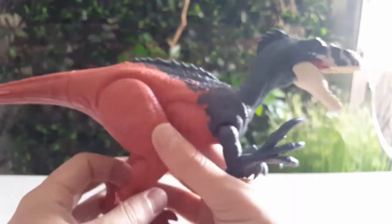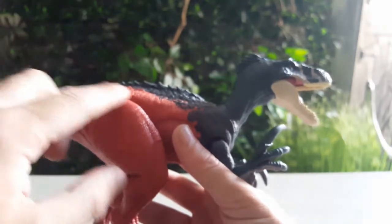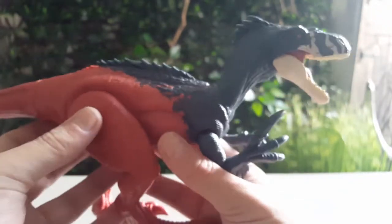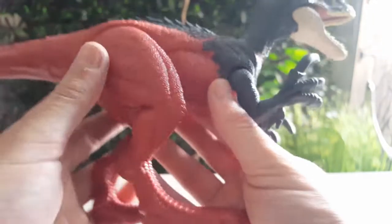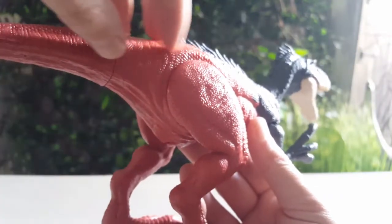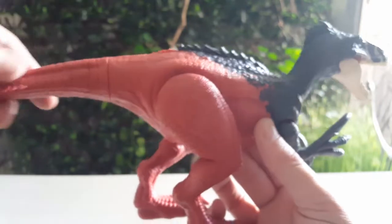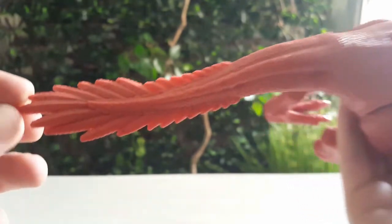dark, and then the back is all in this really nice red colour, and it's got some nice freckling and crease detailing in the actual skin itself. It's really hard to pick up the details on the camera, but as you can see, it's got loads of nice scale detailing and crease detailing. But I really wish that they did on the tail,